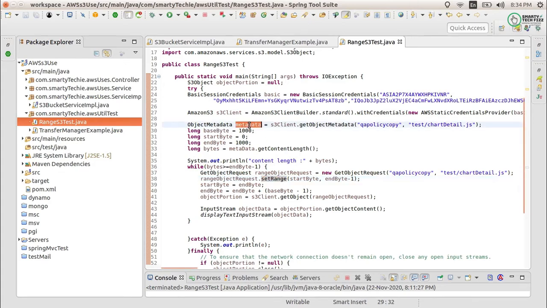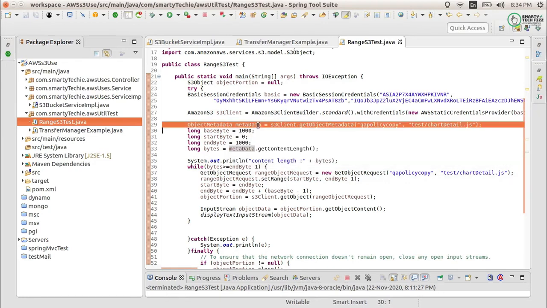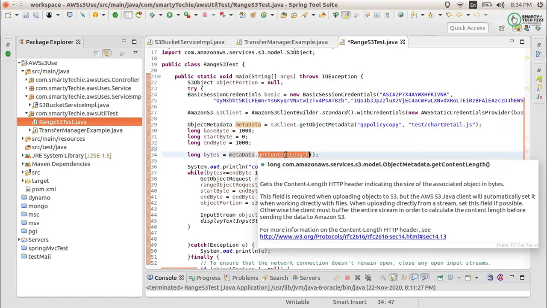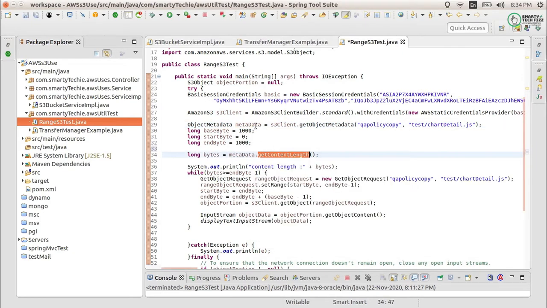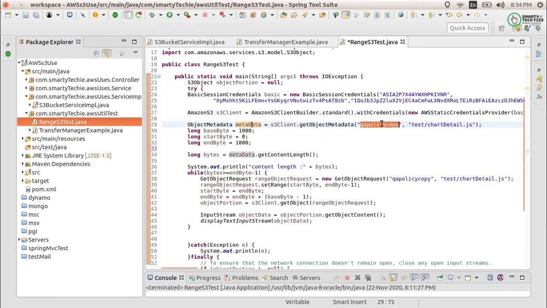That content length can be obtained from the metadata. So for the metadata we have to call the function getObjectMetadata, and here you have to provide your bucket name, and here you have to provide your key.